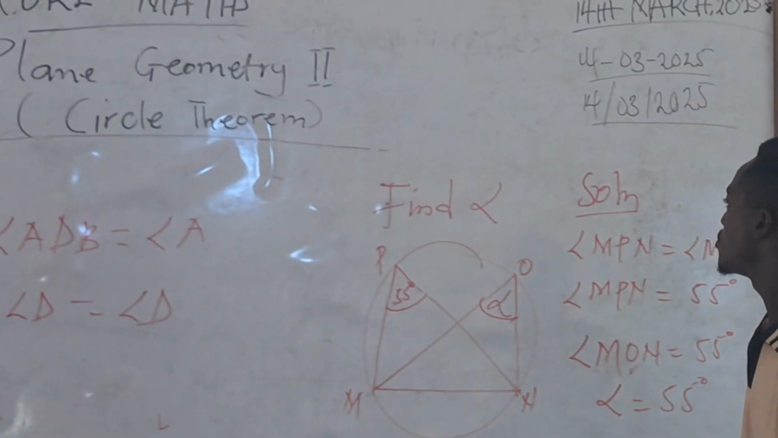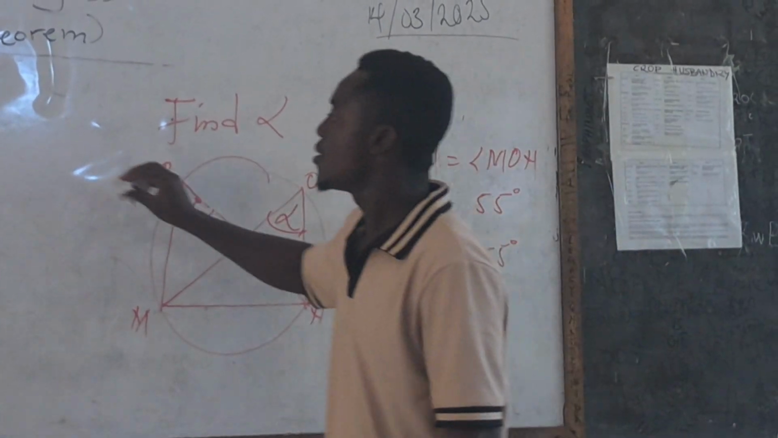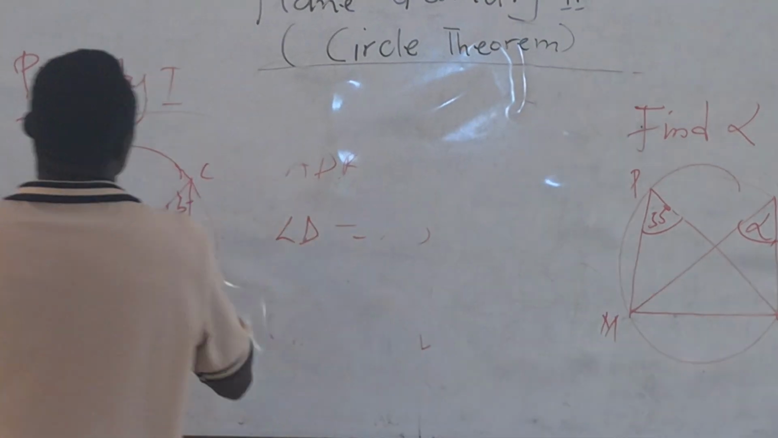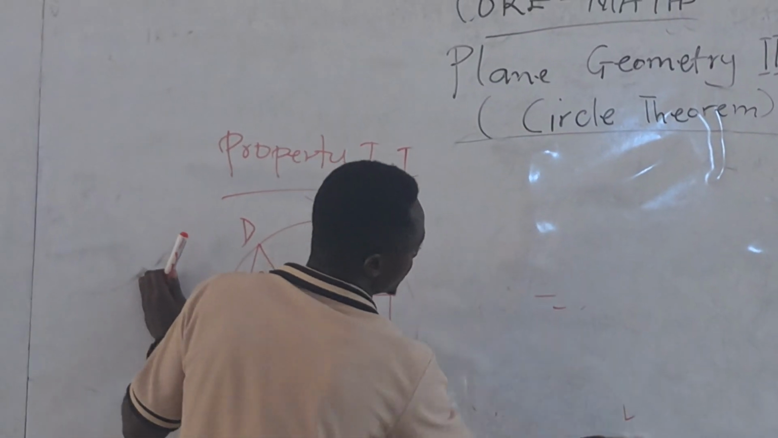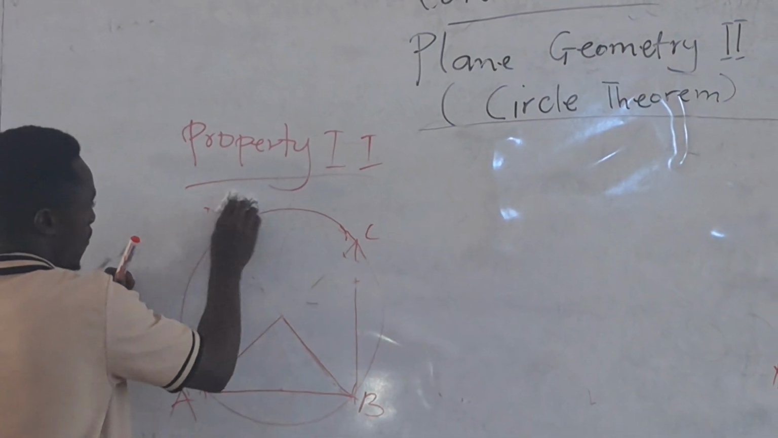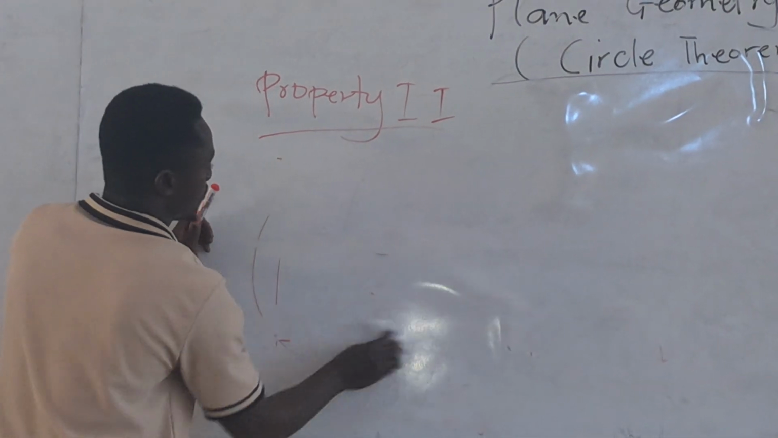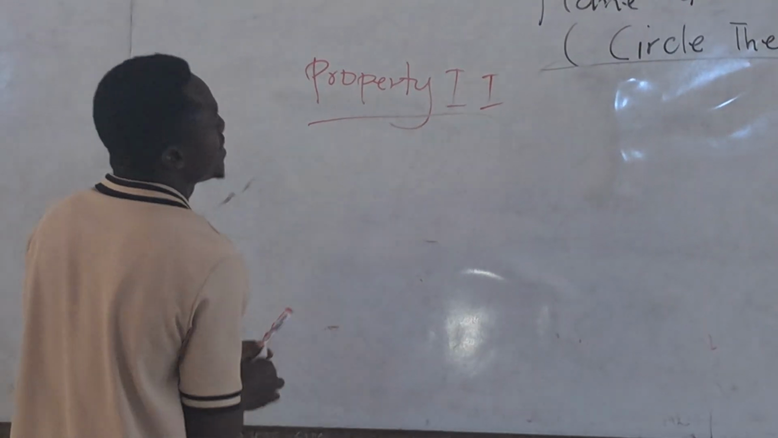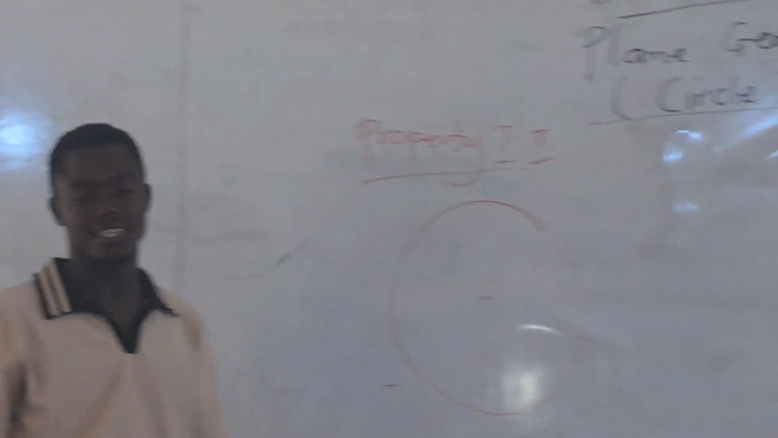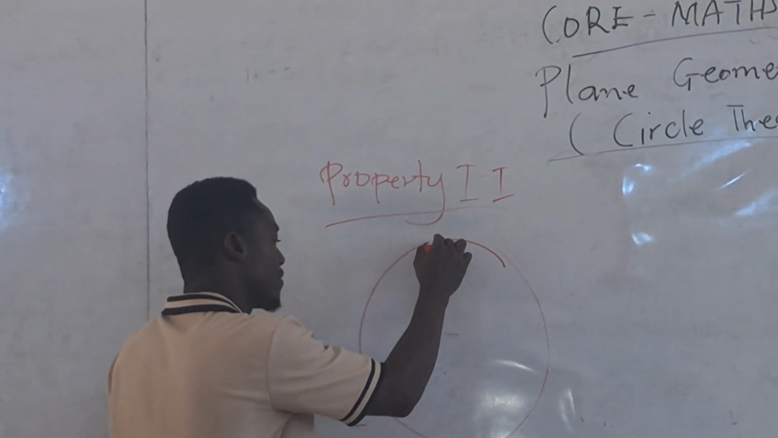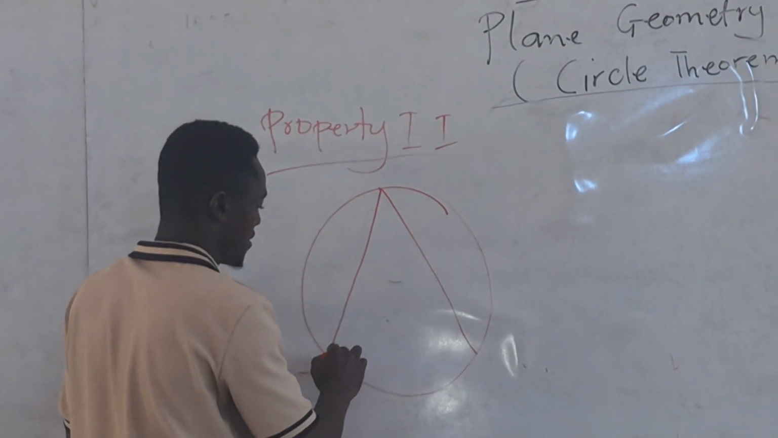Now, this is the first property. We move on to the second property. So property 2. What does the second property say? If I have something like this,